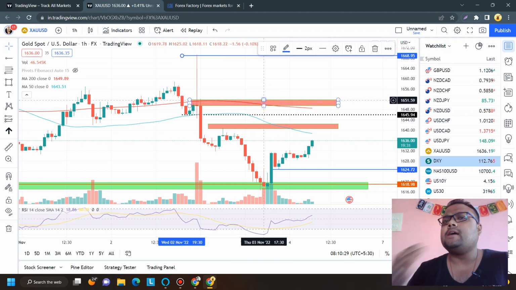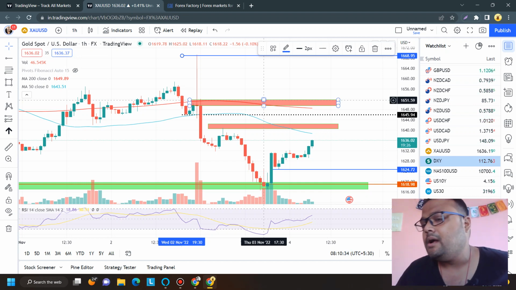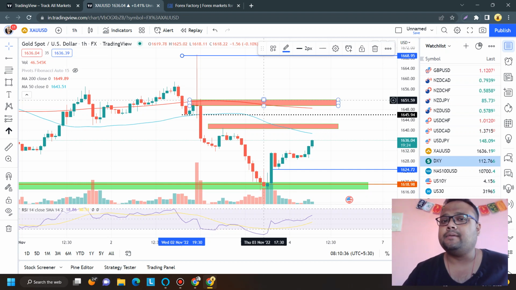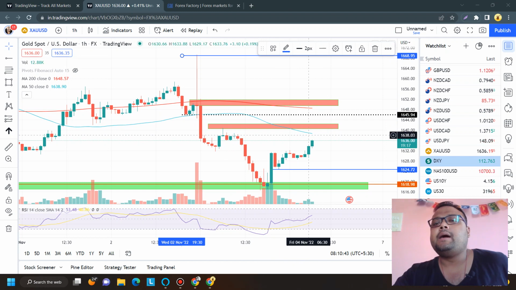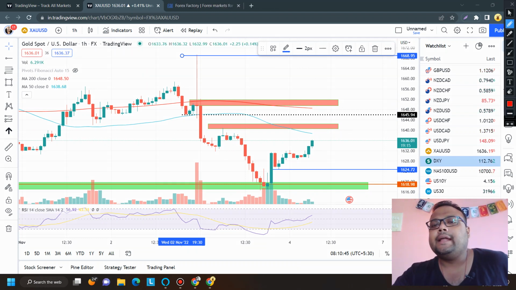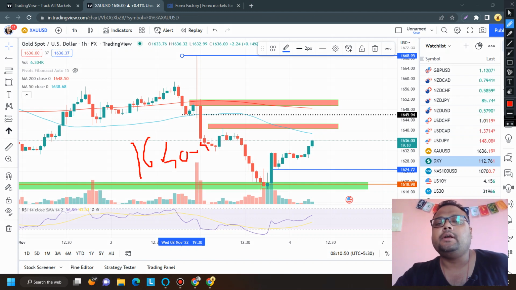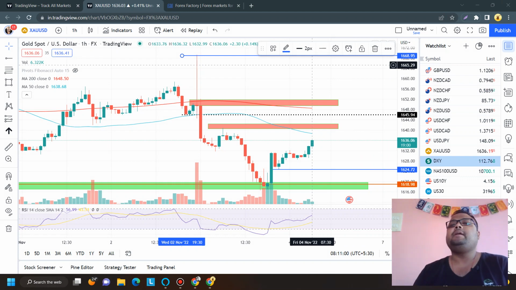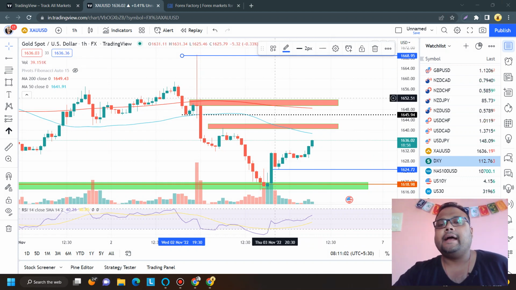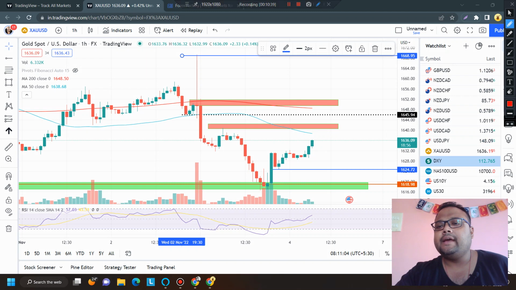In case the market goes up, shows good bullishness, then you can expect the market to reverse. If the market reverses, we can take a sell position. But before the news, if the market goes up sharply, then we can expect the market to reverse from the next immediate resistance of 1640 to 42. Then 1645, 46 level. Keep in mind, these are not strong resistances in the market because they do not have the base like the others. And on the other hand, if the market goes down, then we have